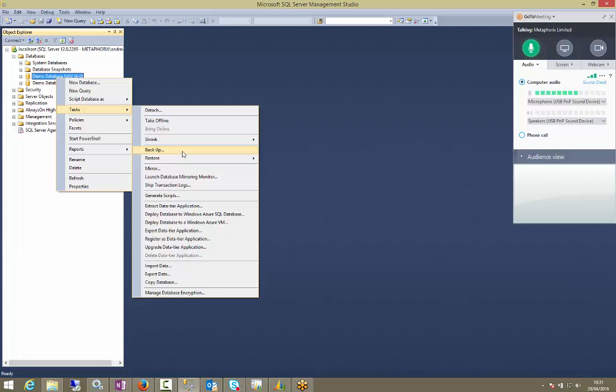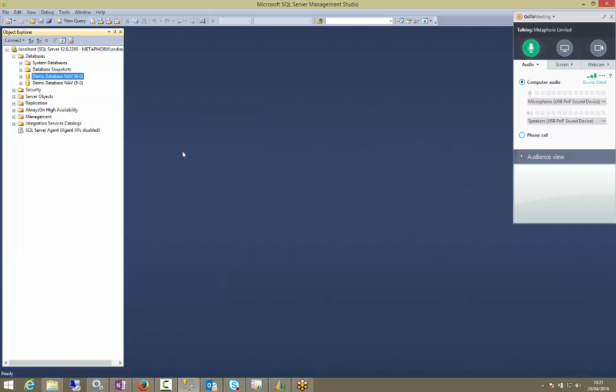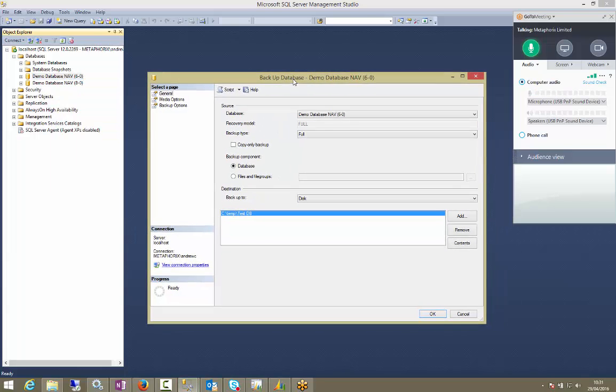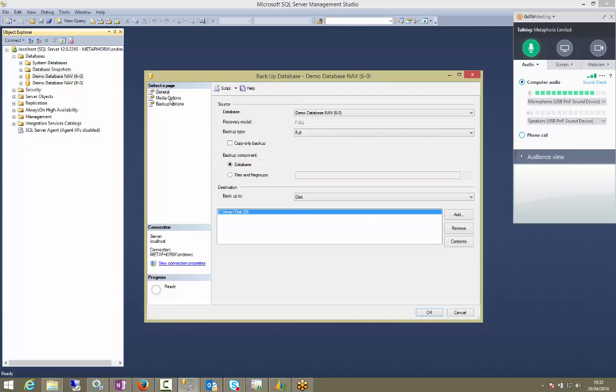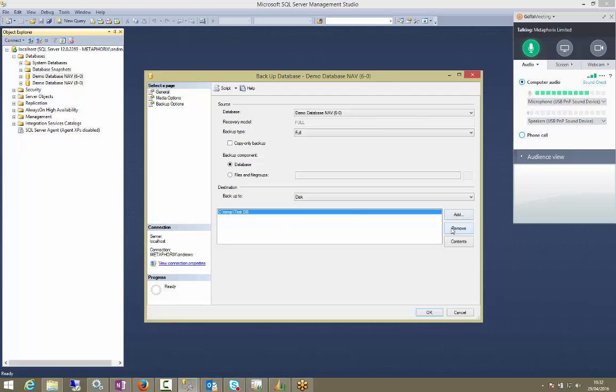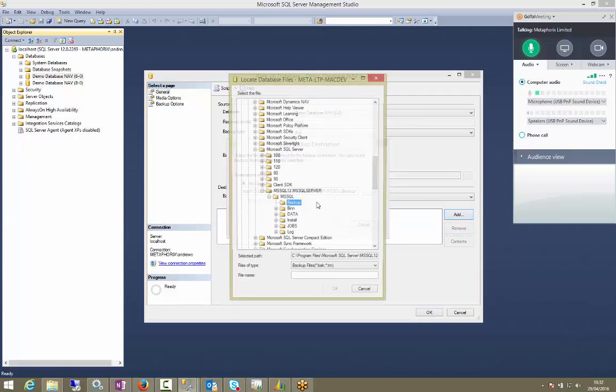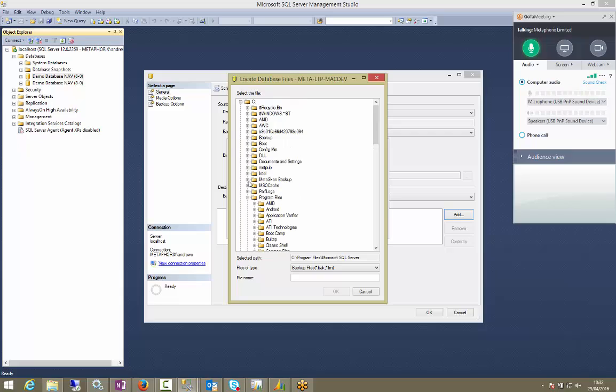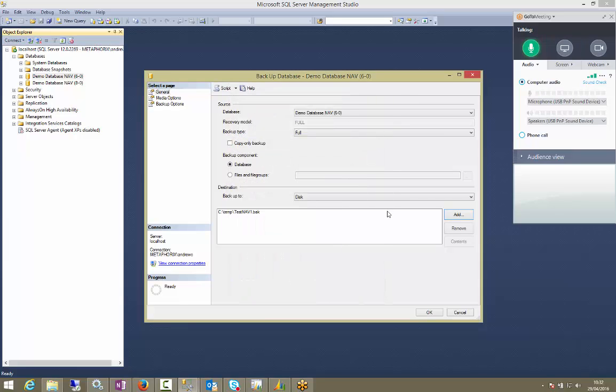So you right click the database you want to back up, Tasks, Backup. We're going to have some options here. It's going to ask us where we want to save it to. So we're going to add a new location in our folder, file system. I'll put it into C:\temp. I'll call it testnav1. I can put the extension on, I'll just do it, but it doesn't really matter. We'll back that up,